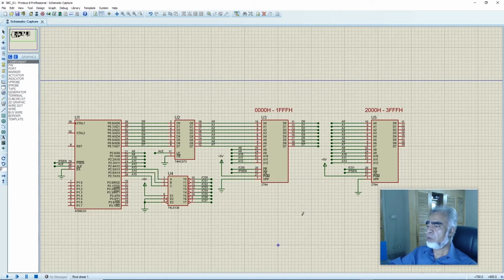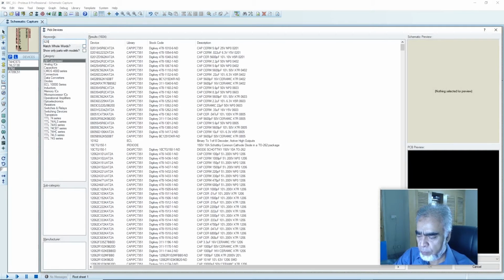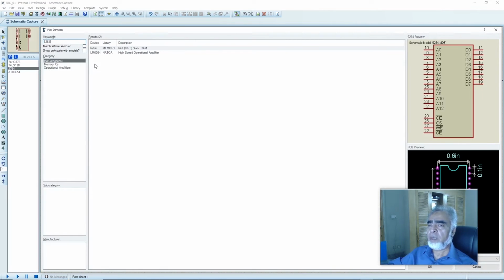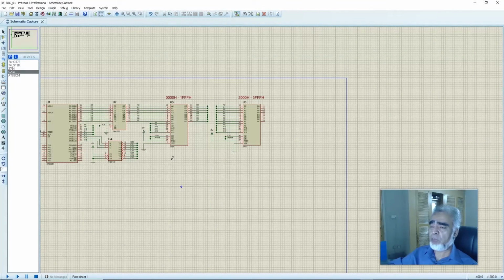Here we have connected two source codes, that is ROM, with the microprocessor base system, and now we'll connect the RAM and EEPROM with our microprocessor base system. For this we'll go to the parts, and here we'll write 6264, and here we can find 6264 memory, 64 kilobits, 8K into 8 static RAM. Okay, and here we'll place the 8 kilobyte of RAM in our circuit,